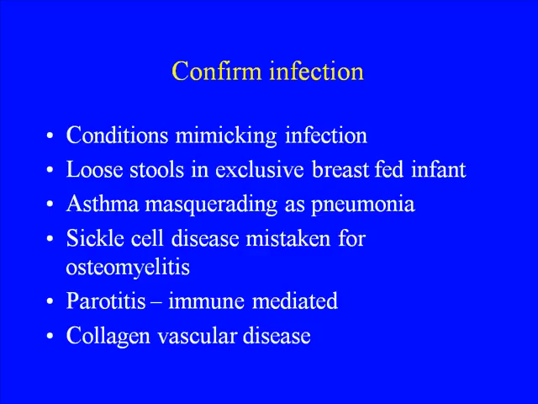You have a parotitis. Once in a while, if it comes for the first time, I call it mumps. If it happens a second time, I call it rare recurrence of mumps. If it happens every month, I call it immune-mediated parotitis of no clear understanding why it happens. It's no infection at all. And even if it's parotitis, so what? It's mostly viral. Why should you give an antibiotic whatsoever? And I'm sure we have seen collagen vascular disorders coming with infection.